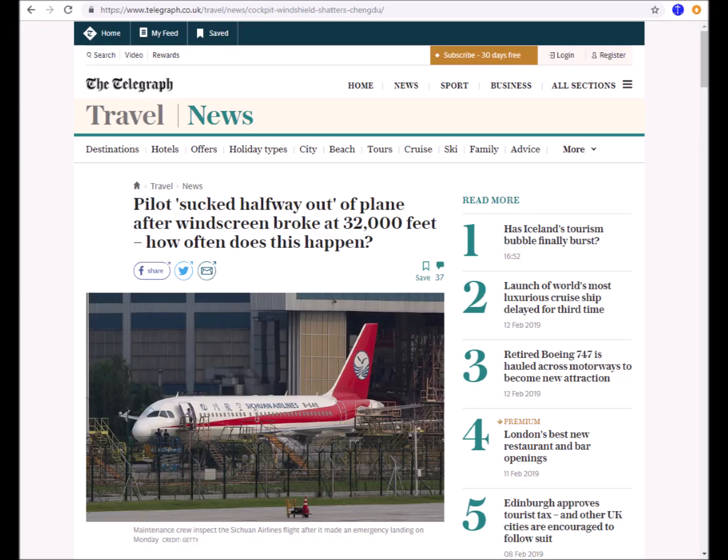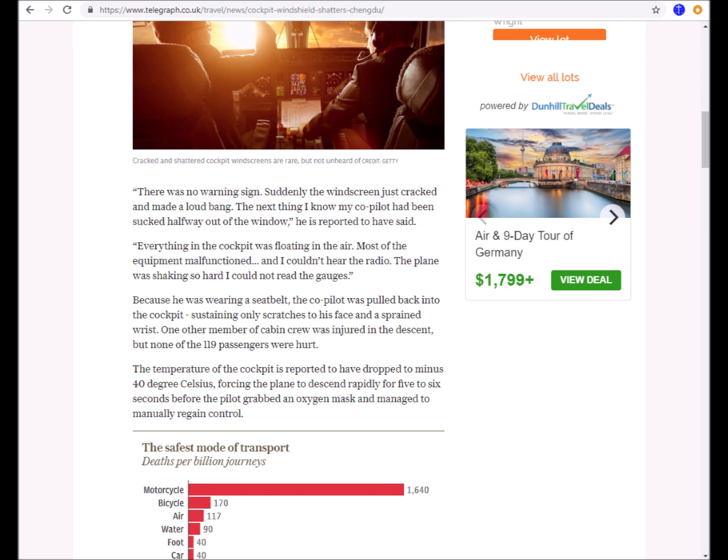Here's a situation of a Chinese airplane where the pilot's window was broken at 32,000 feet. So again, definitely in the range where we would expect to have those extreme cold atmospheric temperatures. It does not say here that the pilot had a thermometer in the cockpit that gave him this reading of negative 40 Celsius. We're not told exactly how this number was known and how long he endured this temperature,